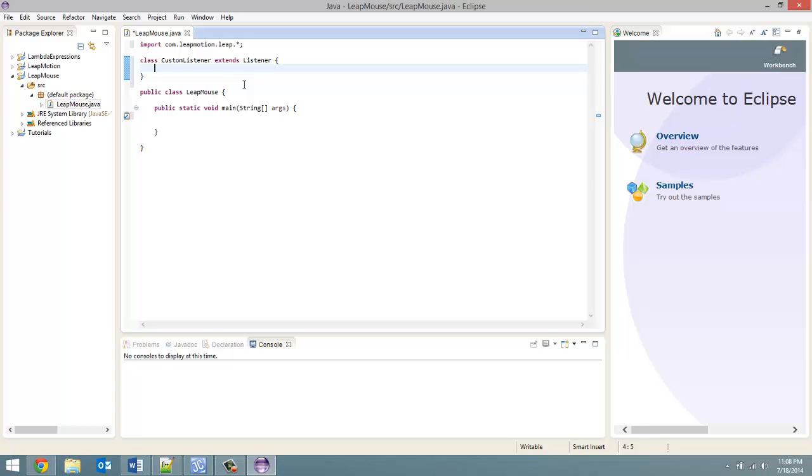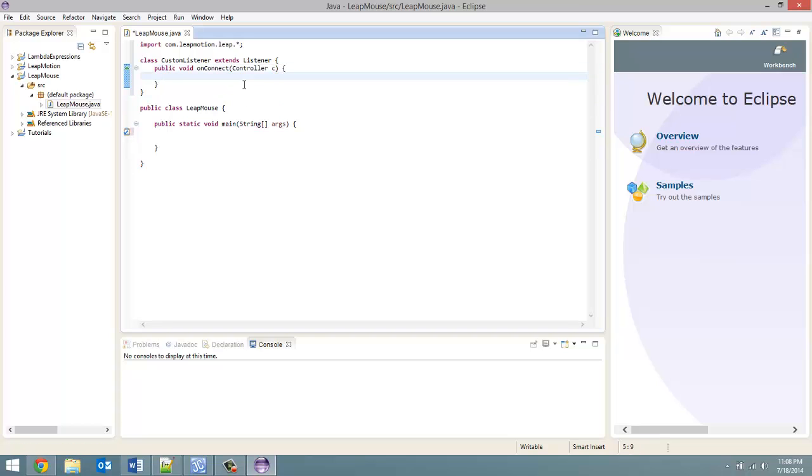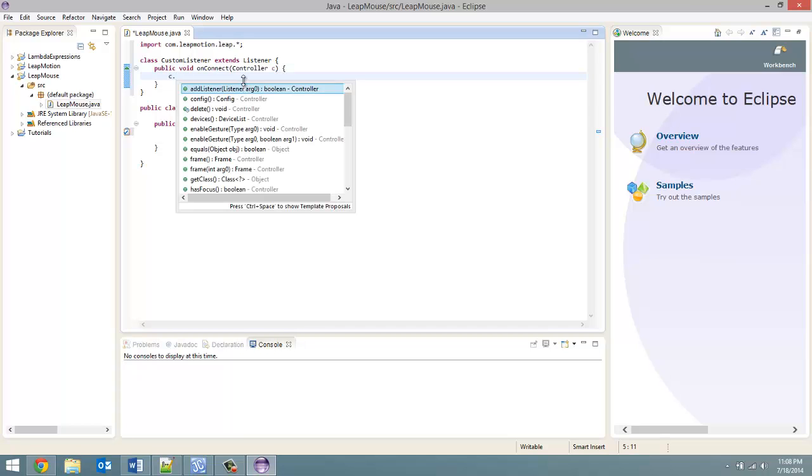What we are going to do, we are going to create an onConnect method. So public void onConnect(Controller c). And in here, what we're going to do is we're going to use this controller called C and